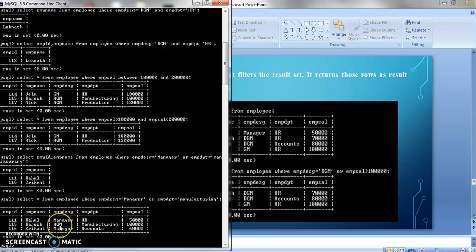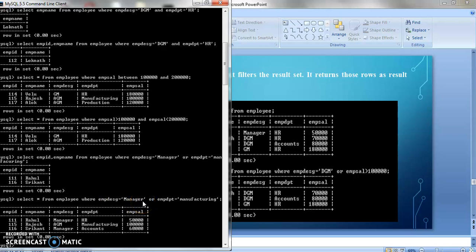You can see here the designation is AGM, but the second condition, employee department manufacturing, is true, so that's why it is returning this row. And third, in this row the designation is manager, but the second condition is false, but the first condition is true, that's why it is returning 116.